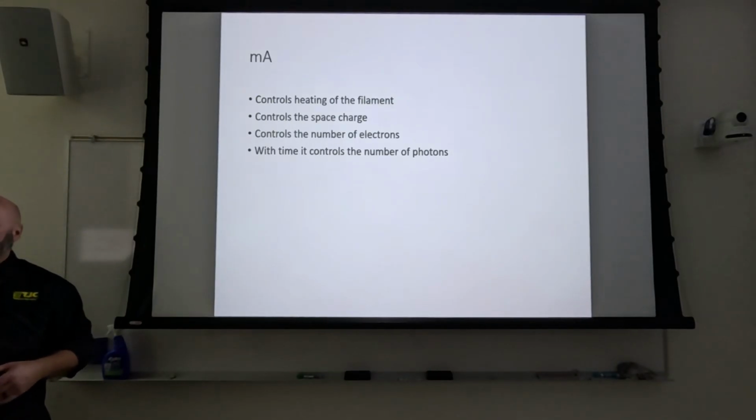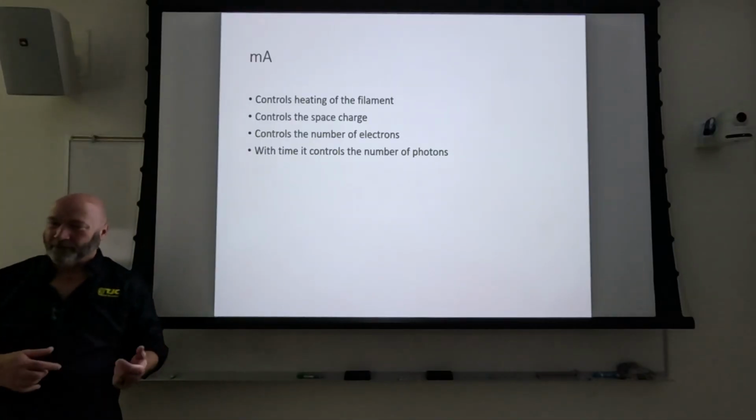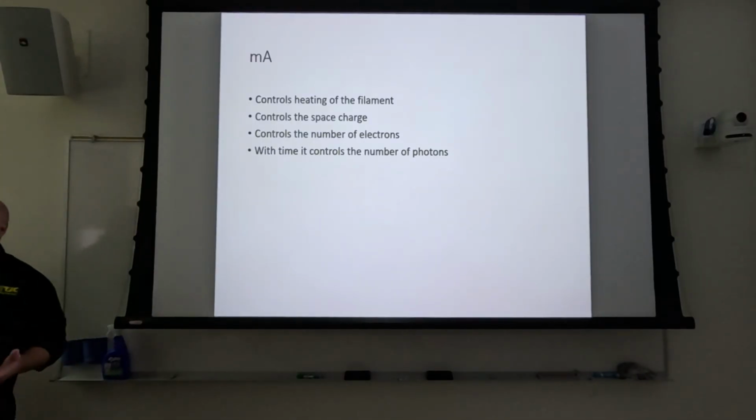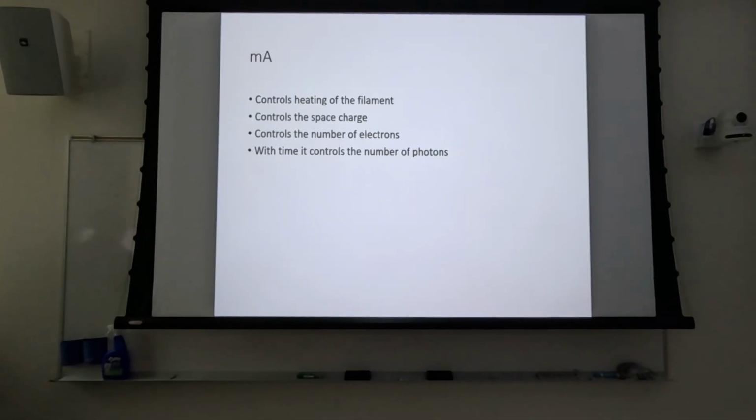You set the same technique on a large filament, you can make a large exposure on a large filament, any mA station. But let's say you set large mA and it gives you the tube overload light immediately. Then what that indicates is you've got a burnt out large filament. It usually goes the other way around. You may burn out small filament before large filament. I don't know. But anyway,